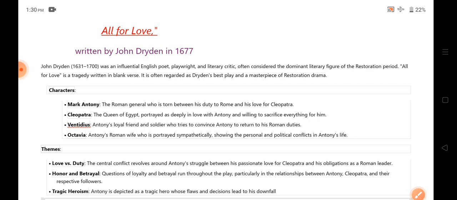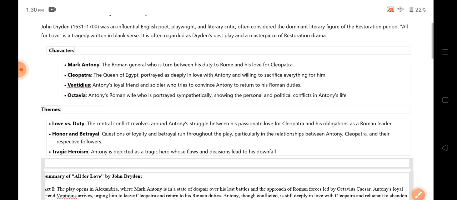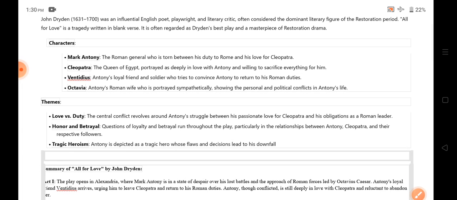to his Roman duties. And next is Octavia, Antony's Roman wife, who is portrayed sympathetically, showing the personal and political conflict in Antony's life. And the themes of All for Love are love versus duty. Thus, the central conflict revolves around Antony's struggle between his passionate love for Cleopatra and his obligations as